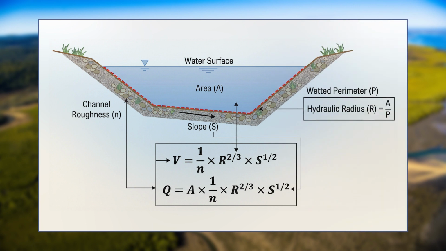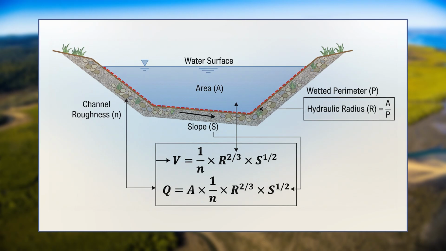To address this, a theoretical relationship between channel characteristics and average velocity and discharge is used. It relates velocity to channel roughness, hydraulic radius and slope. This is called Manning's equation and is expressed as V = (1/n) × R^(2/3) × S^(1/2), or Q = A × (1/n) ×